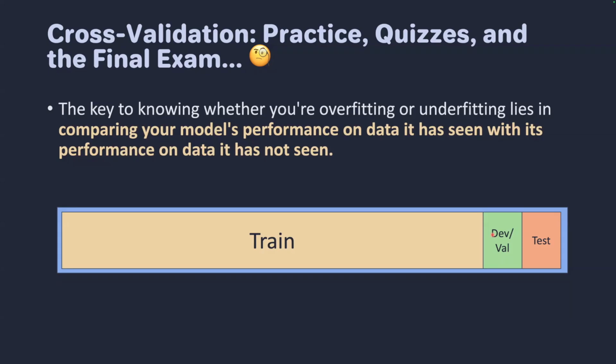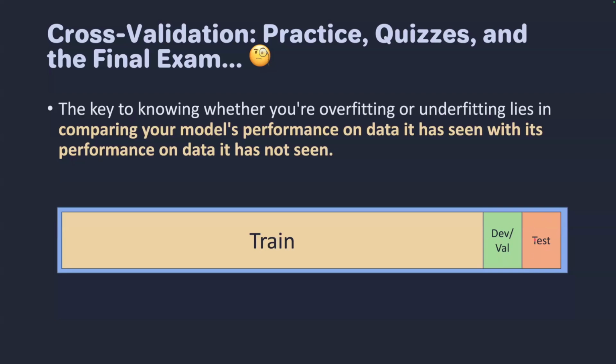Throughout the semester, you have maybe 3 or 4 quizzes. You use the quizzes as chances to validate how well you're learning. Hopefully after the last quiz you got good grades and your approach is working. Now you're ready to go into the final exam. There is really no difference between the dev set, the validation set and the test set in terms of the nature of the data. These are still usually equal parts of the data. Let's say 10% of the data is a dev set and another 10% is a test set. It should be similar in its nature.